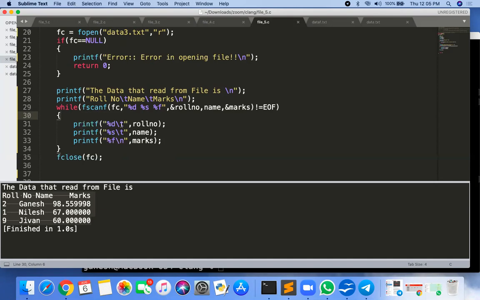But if you see carefully, while entering the data, I have given a space there. So in between the two inputs a space is present. The first is roll number, the second one is your name, and in between the name and roll number there is a space. For writing also I'm giving the space, for reading also I'm giving the space.